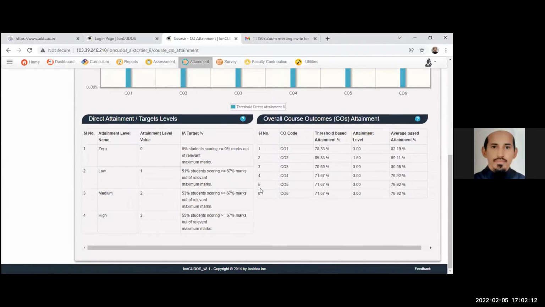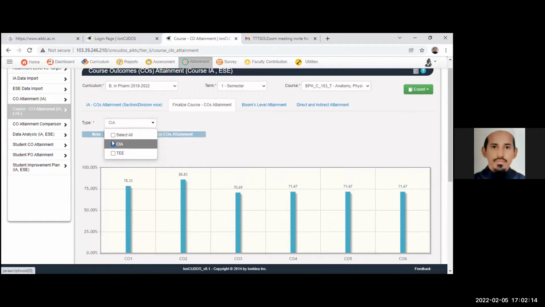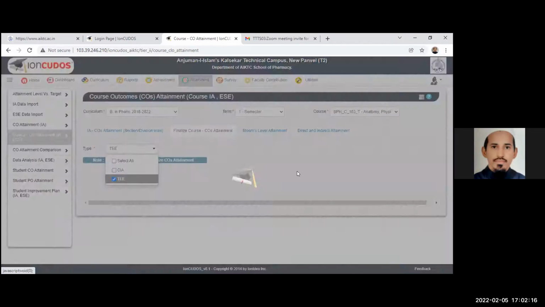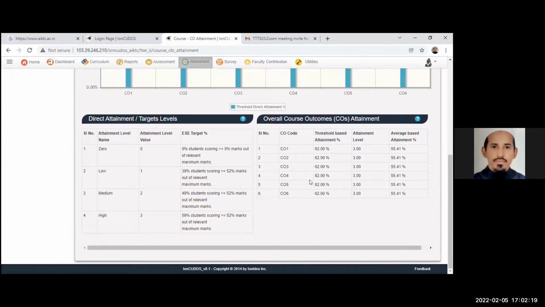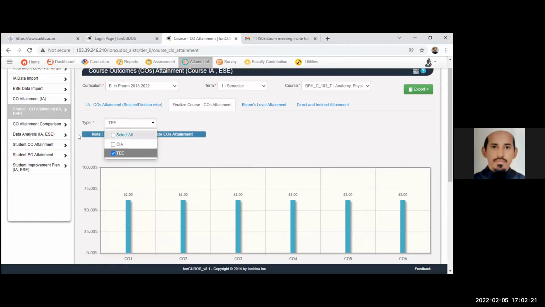So this is your data of internal assessment. You can select term end exam. So this will give you data of term end exam. Then you can compare this CO attainment. Okay, then you can analyze internal assessment and end semester exam. Then you can see the student CO attainment.